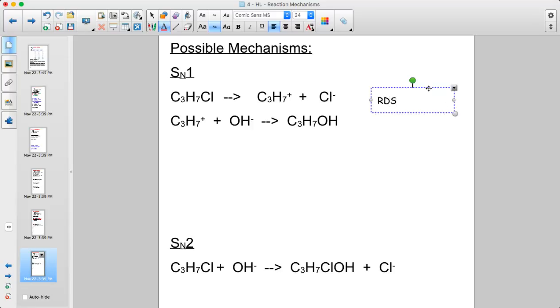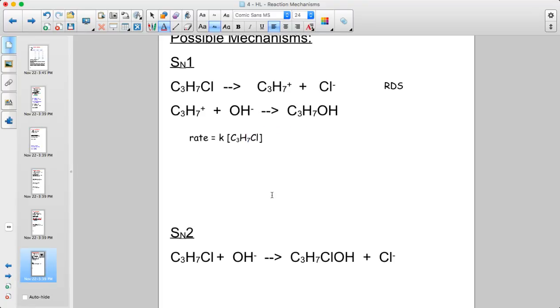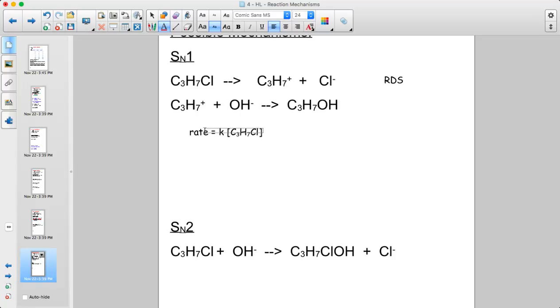And because this first step is the rate determining step, and there's only believed to be one particle involved in it, you want to put a rate equation that is equal to just this molecule, this halogenoalkane, whatever it happens to be. The other reactant in the mechanism is hydroxide ions, but they have no effect on the rate when it follows an SN1 mechanism. Whereas in the second kind, SN2,